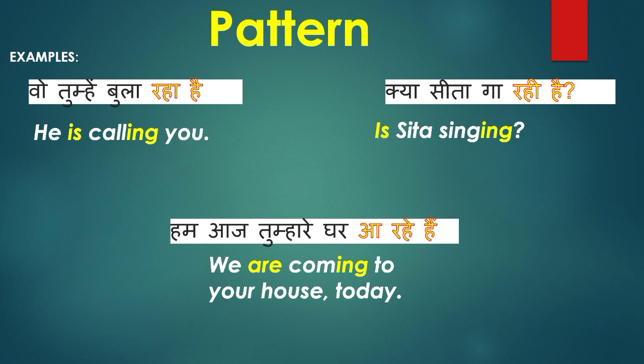तो जब आप इंग्लिश को लिसन करेंगे, जब उसे सुनेंगे, तो आप ये देखें कि कौन से एक्शन के लिए क्या कैसे बोला जा रहा है। जैसे वो तुम्हें बुला रहा है, ही इज कॉलिंग यू, ing लग जाता है, ठीक है। ही इज कॉल यू नहीं बोलेंगे, ठीक है। सीता गा रही है, सीता सिंग नहीं बोलेंगे, रही है पैटर्न आ रहा है यहाँ पे, तो ing लग जाता है। तो ये चीज आपको बहुत ध्यान से आइडेंटिफाई करनी पड़ेगी।